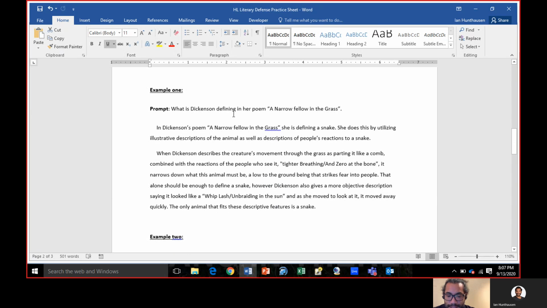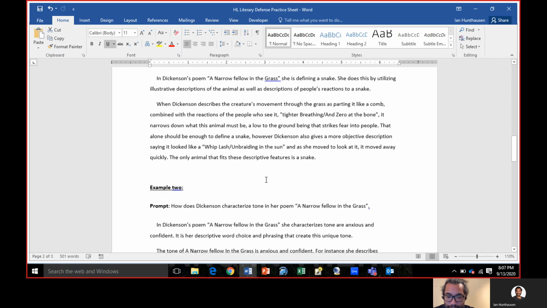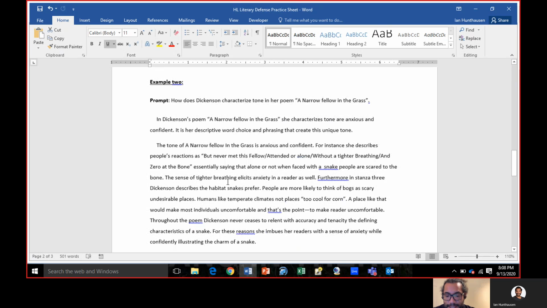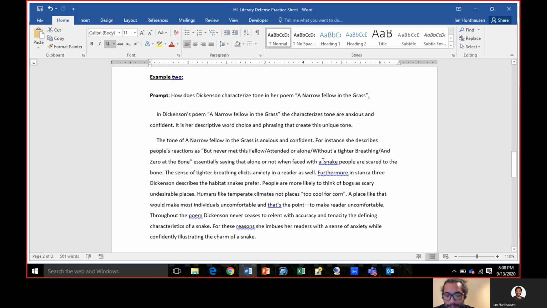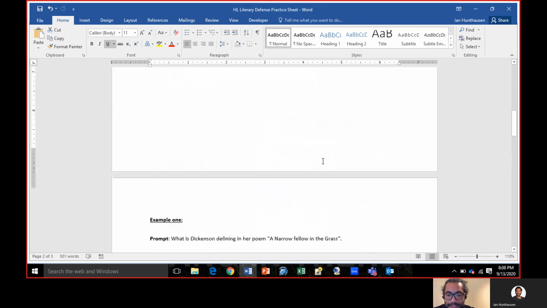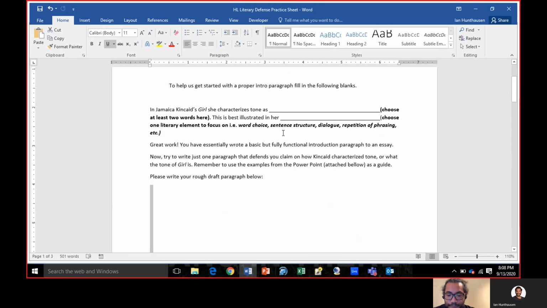So I gave you the prompt: what is Dickinson defining in her poem "An Arrow Fell in the Grass"? And I just give you a generic two-sentence intro paragraph, and then that paragraph I shared from the PowerPoint. Example 2, what would the prompt be for example 2? How does Dickinson characterize tone in her poem "An Arrow Fell in the Grass"? Here's another generic plug-and-chug introduction paragraph, and then here's what I told you in the text. So hopefully these models, hopefully the lecture, gives you a sense of what you need to write